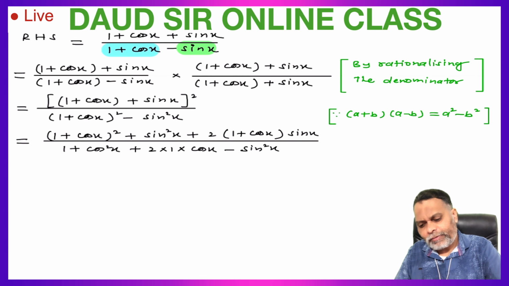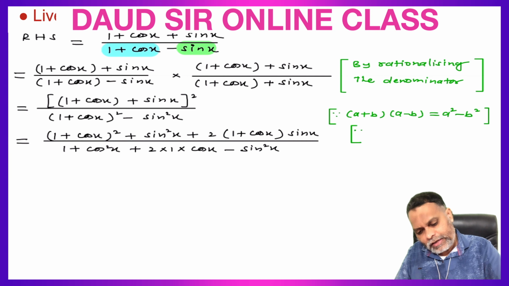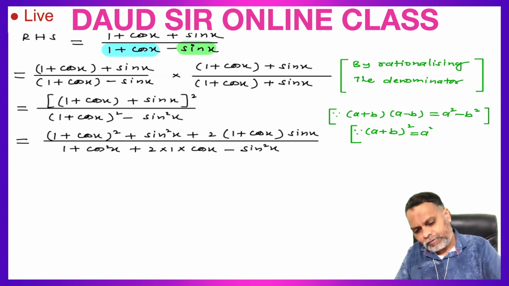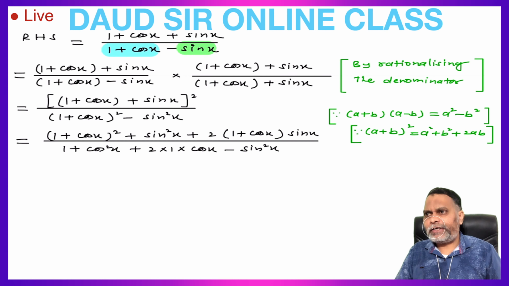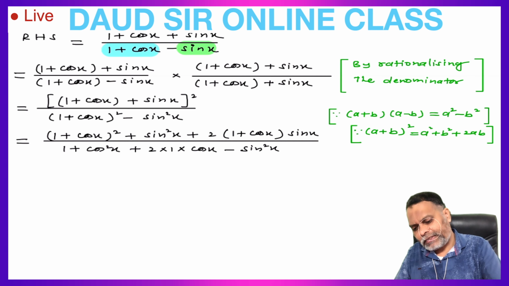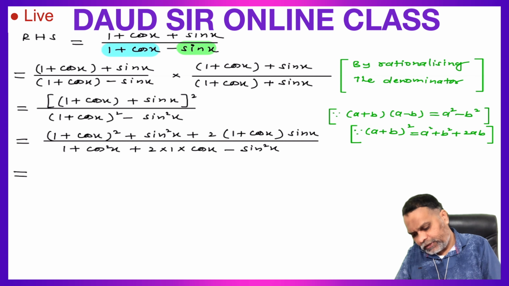In the numerator and denominator we applied the identity (a plus b) whole square is equal to a square plus b square plus 2 times ab. This identity we applied in the numerator and denominator. Now simplify this, which is equal to,